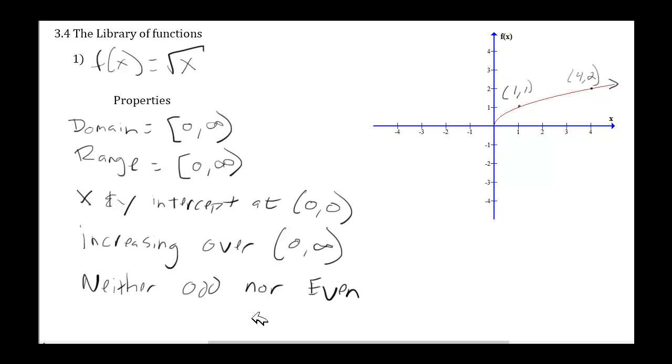Okay, hello everybody, we're in section 3.4 and here's where we build up the library of functions. So we're going to get 7 functions total and you're responsible for all the information just like it is presented here. So I gave you the function, so here this is the square root function, its graph is over here,